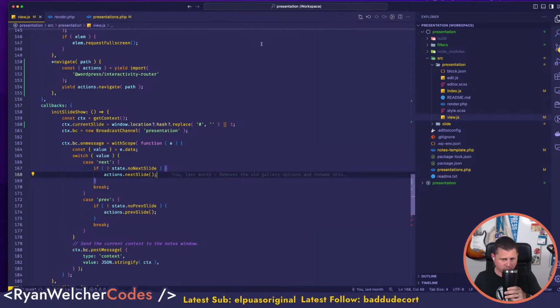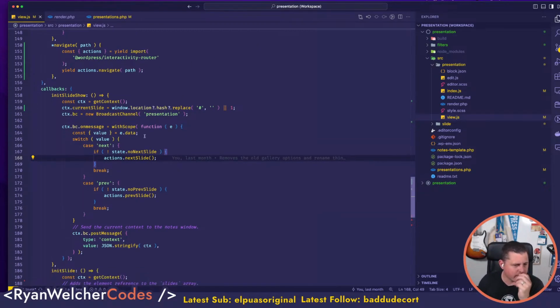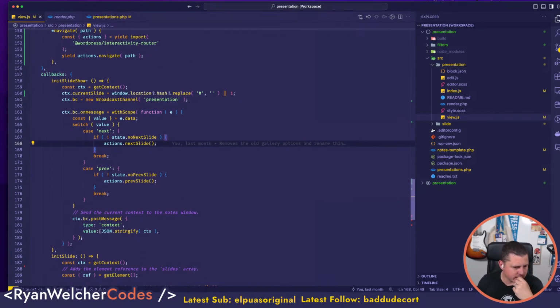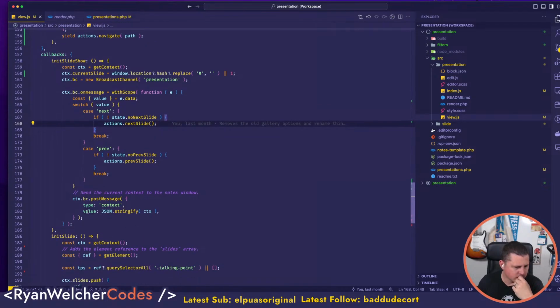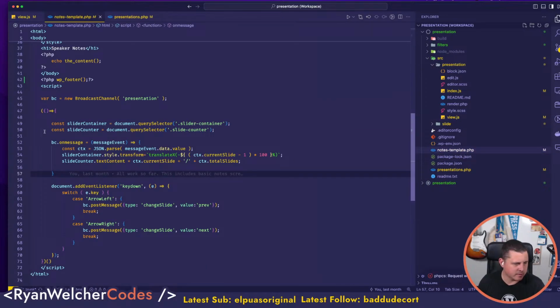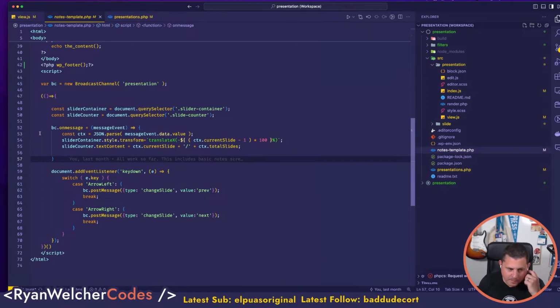Okay, so I'm pretty happy with that. The other thing is that now I can send the current context, CTX. So okay, so cool. Now I have this so that the current slide is being set. In my notes template, I can get,